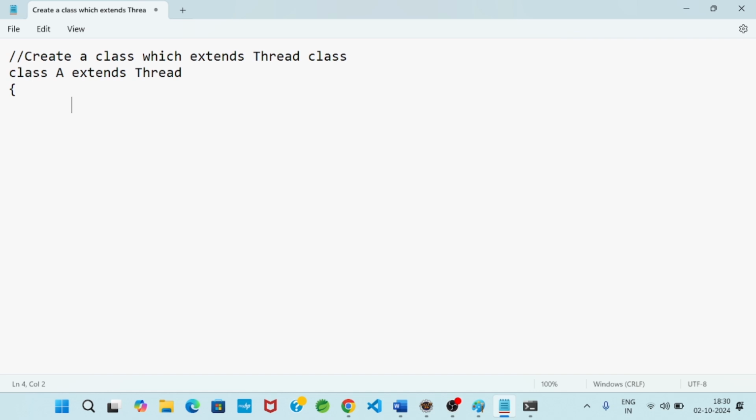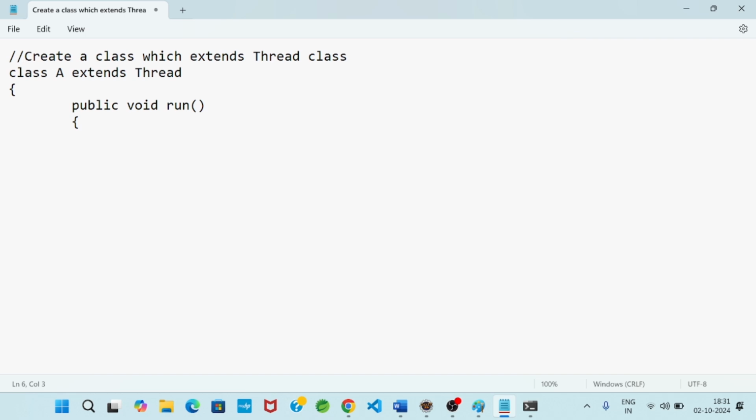To fully define a thread, we have to define a method. It is mandatory. That method is the run method. The run method is a built-in method, basically an overridden method, because this run method comes from the Thread class. This run method is also available in the Runnable interface.